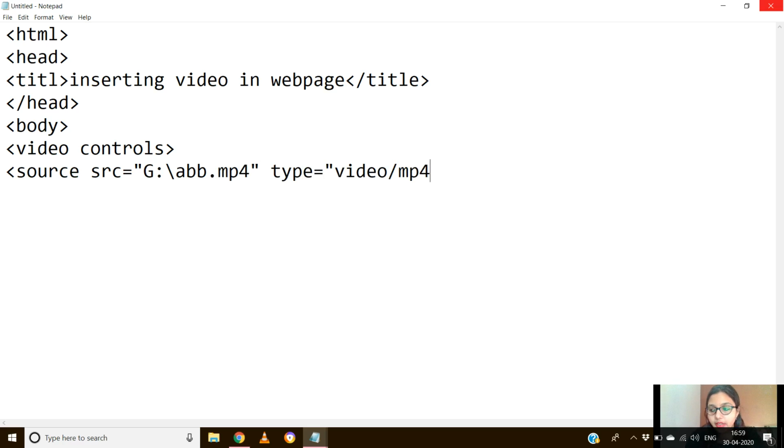It's not required that you write mp4; if you are not writing mp4, what you can write is mpeg. Its full form is Moving Picture Experts Group. So this means that it gives you a variety of options for using your video formats. Now I'll be closing this.